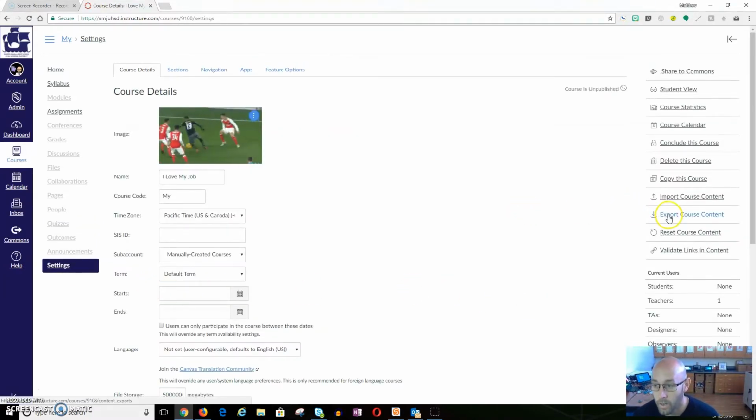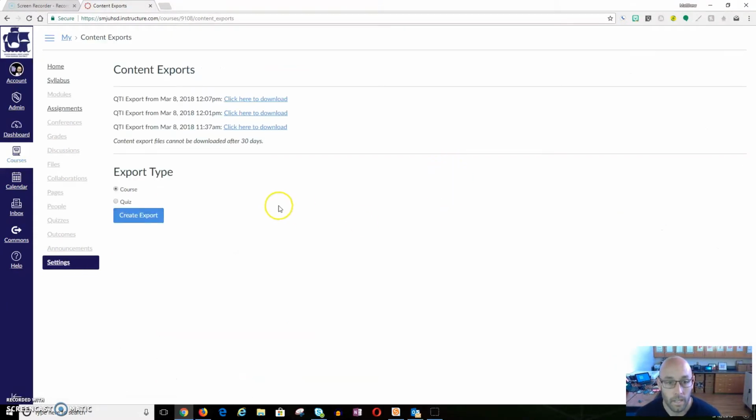So if we go over here on the right hand side, and once again, I'm in courses, settings, then down over here to export course content. When I click there, you'll see that I have some other exports here because I've already done this once or twice as practice, because that's what you do before you attempt to record a video